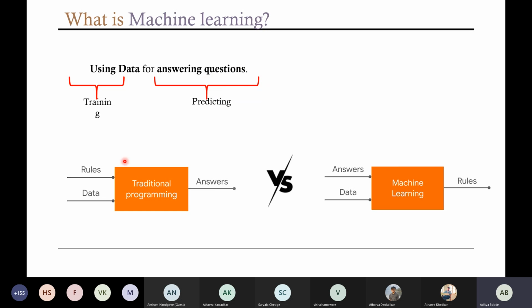Okay, so before machine learning or artificial intelligence, there was traditional programming. We were inputting a set of rules and the data, and the traditional programming would do some computation and give us the answer. But in the case of machine learning, we give them the answers, which are the required labels, along with the data. We already have tons of data, and we give them the answers related to it. On the basis of that, the model will try to figure out the rules by itself. We won't have to update each and every rule. So we'll take a typical use case of that.